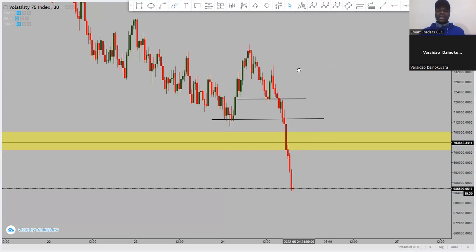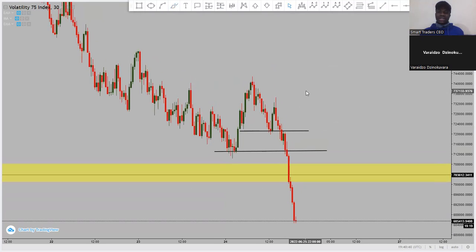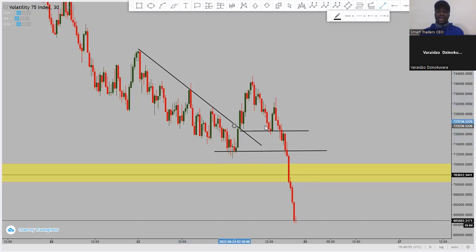Those sells, you could have gotten them nicely. I showed you the market structure on the 4 hour. That is why you actually need to look at the higher time frames most of the time, rather than smaller time frames like the 15 minute, 30 minute, 5 minute, 1 minute. When you are looking at the shift in market structure, you need to look at the higher time frames. They also have to shift their market structure. Here it was okay. One could have entered a buy on this break and retest, but that buy could have closed either at small profit or break even, because after that happened,